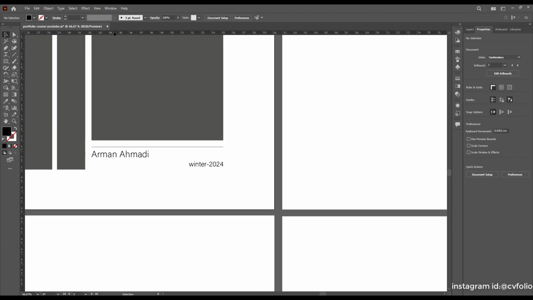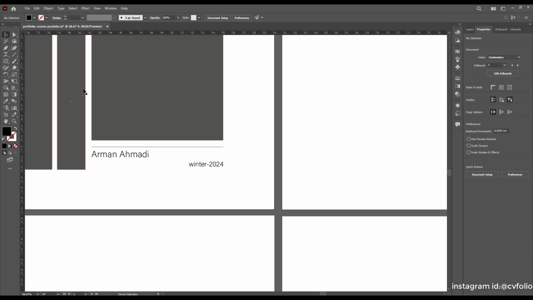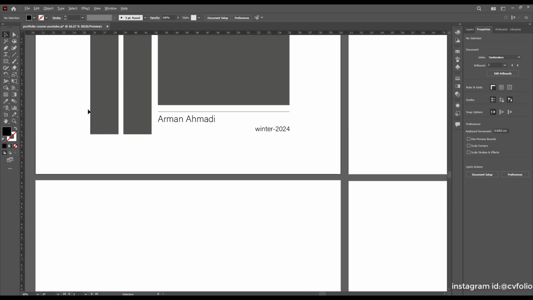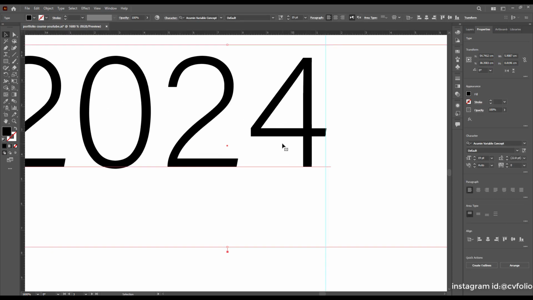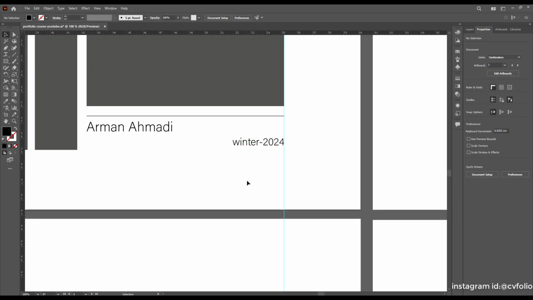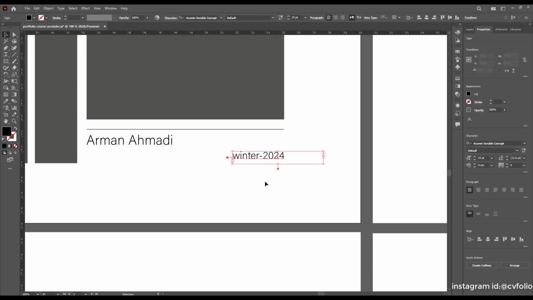If you go to the left part or the top part of your Illustrator, maybe you don't have your rulers. These are called rulers. If you hold down Ctrl and R, the ruler can be gone or brought back. So Ctrl R and you have your rulers. Now for example I bring it here and I make sure that my 4 is someplace near this. Okay, I don't want it anymore, so I delete it, and a little top,